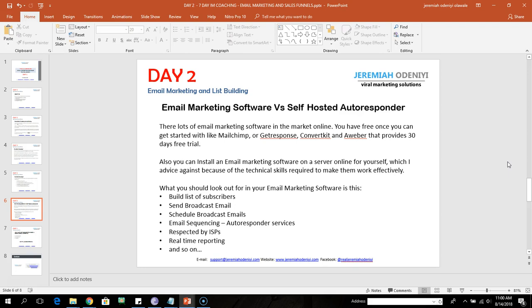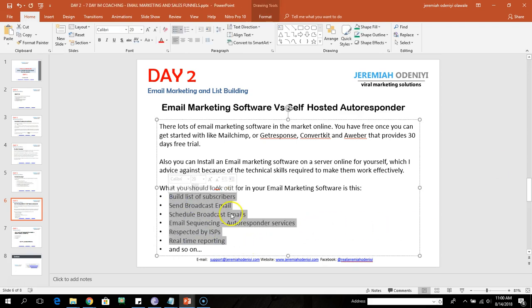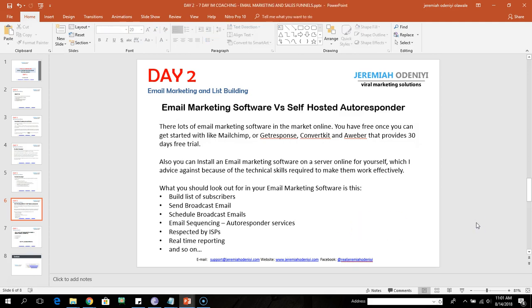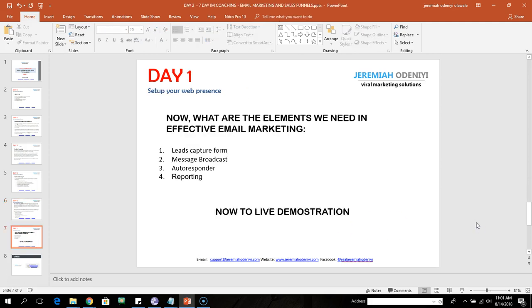So you look out for these few things. There are so many more things, but these few are the ones you should look out for when you are choosing an email responder service. MailChimp, GetResponse, ConvertKit, Aweber, and so many of them have good features that meet this checklist. All right. So the next thing we will look at, before we go to a live demonstration,